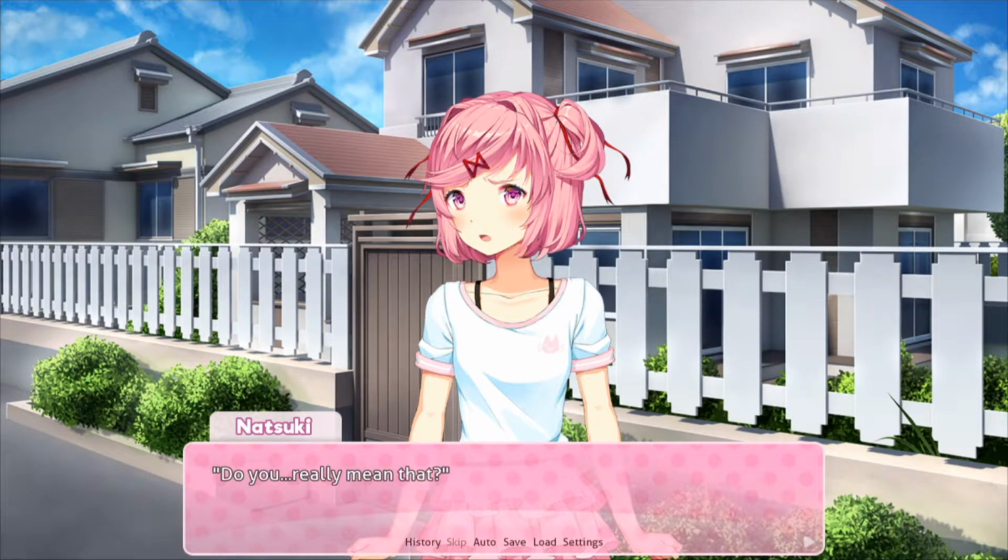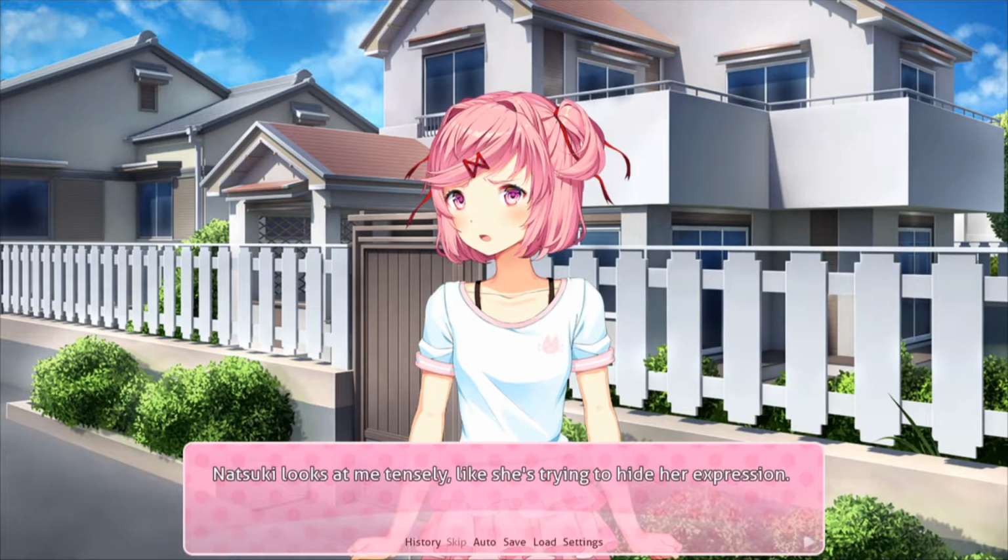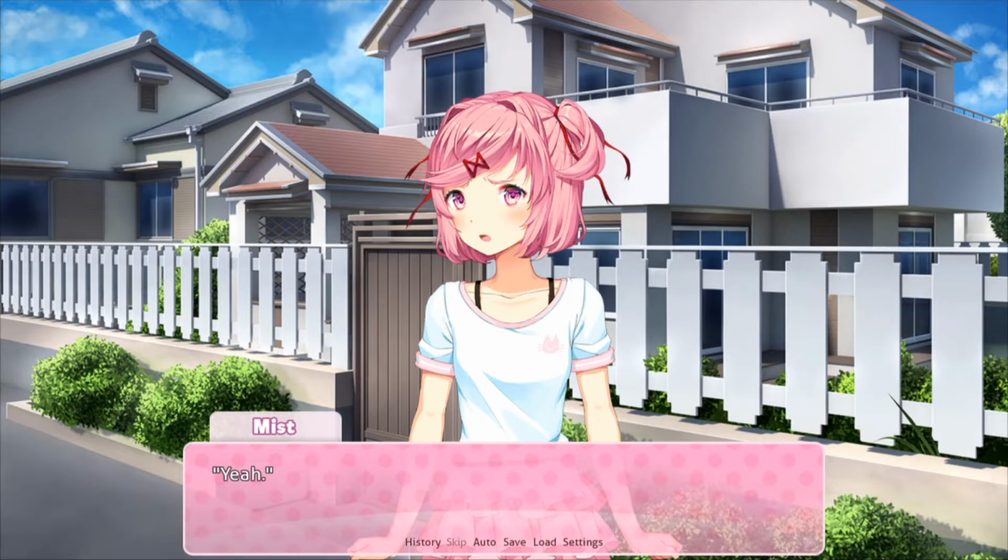Do you really mean that? Natsuki looks at me tensely, like she's trying to hide her expression. Yeah, I want to spend more time with you. Mist, I thought you only cared about getting this done. I'm sorry I had to leave so early today. I really didn't want to. I would really stay here longer if I could. I feel the same way as you, so...